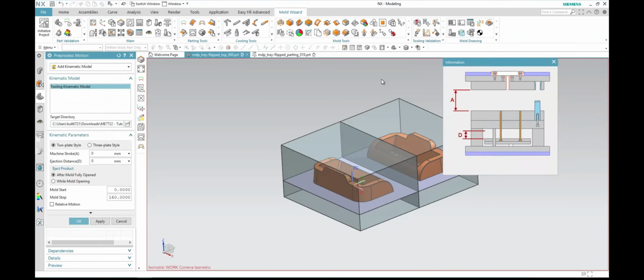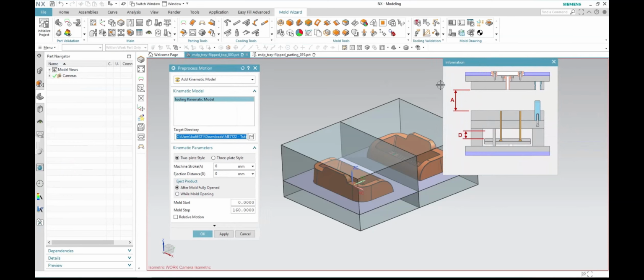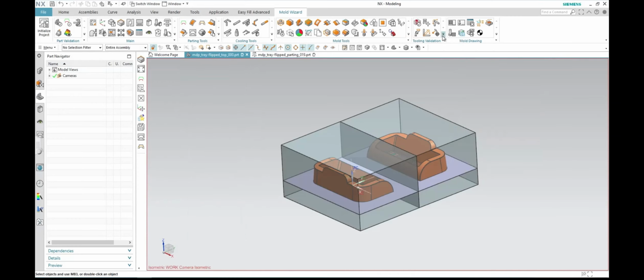In the simulation, you need to put in dimensions, so how the A should be, and also a D in this case. For the A, I'm going to come up with some values. It doesn't matter, it should be big enough so I can take the part out. I'm going to put A as 15 for now, and D as 100. I'm going to click OK. I didn't mount anything yet, but just to show you, if I run the simulation now,